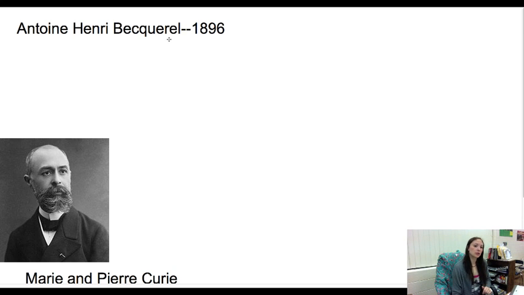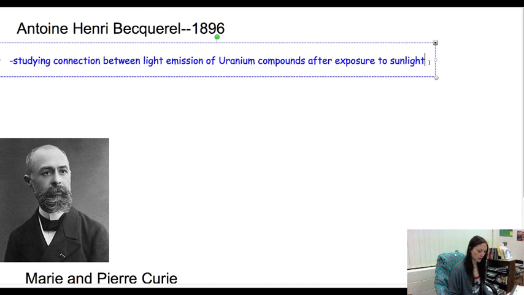And what he was doing is he was studying the connection between light emission of these uranium compounds after they were exposed to sunlight. And how he did this was he took a photo plate and he placed a piece of uranium, or a uranium compound, on top, and then he placed it in the sunlight. And the plate was supposed to be exposed because you want to look at this uranium, and when it's exposed to sunlight, how it will emit some kind